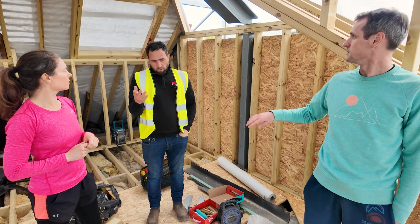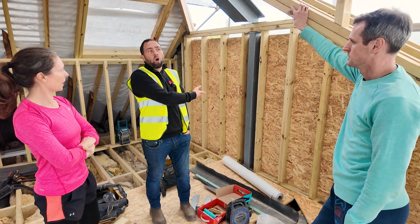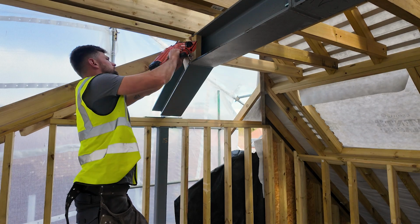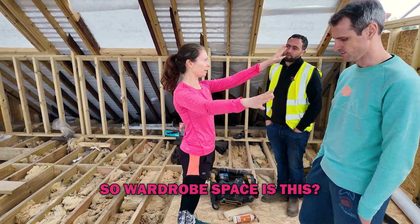And generally, with a loft conversion like this, you're going to plan it and it's going to stay that way. You wouldn't all of a sudden put the bed over here because it wouldn't work. So generally, the way that you design the loft is the way that the loft stays forever, because there's generally not multiple places for a bed. Yeah. So wardrobe space is...